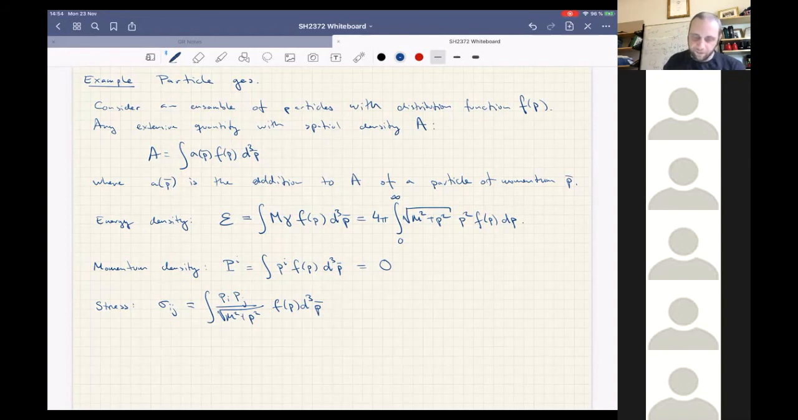So again, if we look here, if i is different from j, we again have something that's odd in p_j, so it integrates to 0. However, if i is equal to j, we're going to find out something different. What we're going to find out is, well, let me write that on a separate line. So the rotational symmetry